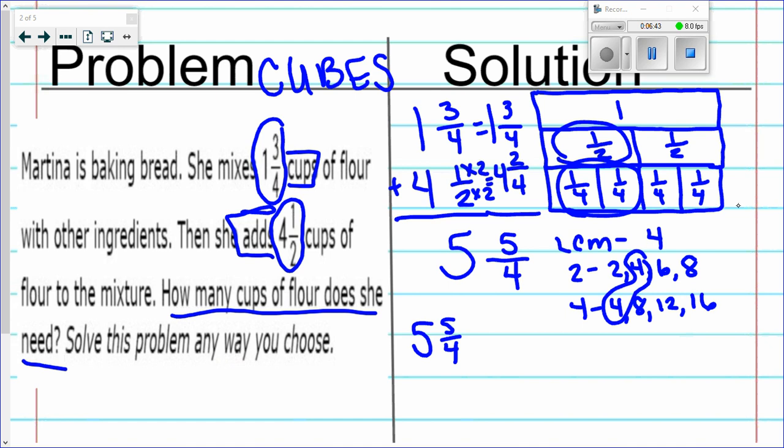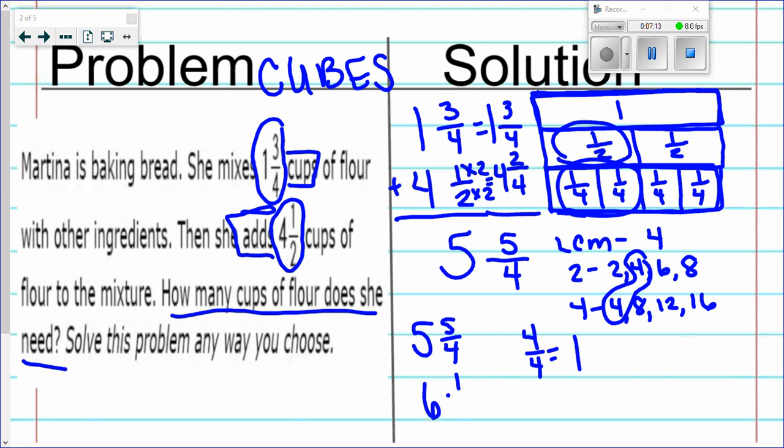Now, if I go back up to my model, I know that 4/4 is equivalent to 1. So if I look at 4/4 of the 5/4, I know that 4/4 is equal to 1. So if I take the 4/4 away from this 5/4, I'm going to get 1 as a whole number. So that means I can just add the 1 and the 5, which will give me 6, and then I'll